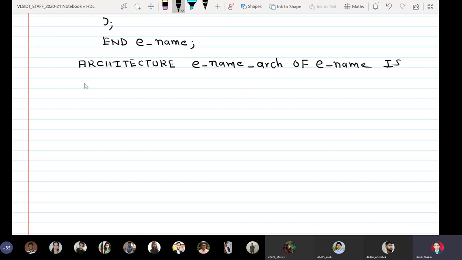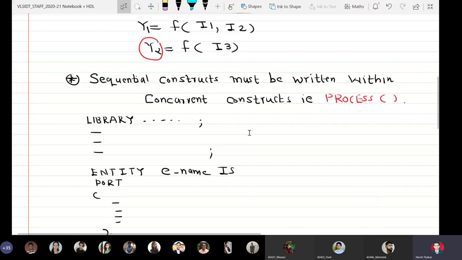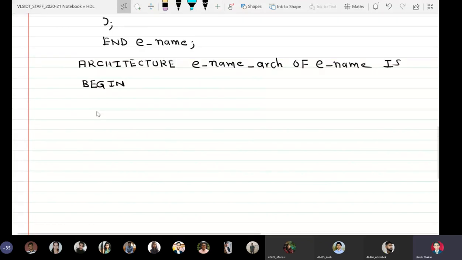And again, our system is simple, so we are keeping the declaration part blank. So directly we go into the logic part. Now watch carefully how I'm writing it. We are going to use the dependency that Y2 is a function of the input signal I3. So first I will write down the process clause here.